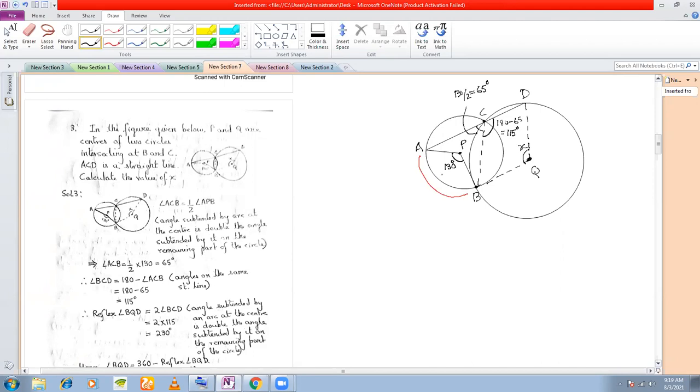So this angle here is 115. Now once you get this angle here, this 115 degree angle that we have found is the angle subtended by this arc on the remaining part of the circle. And what is the corresponding angle subtended by the same blue arc at the center of the circle? This angle here. So if this angle is 115, this angle must be double of 115, right? Which must be equal to 230 degree. And once you know this is 230 degree, you can calculate x.